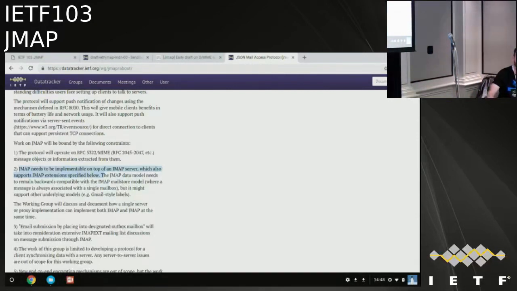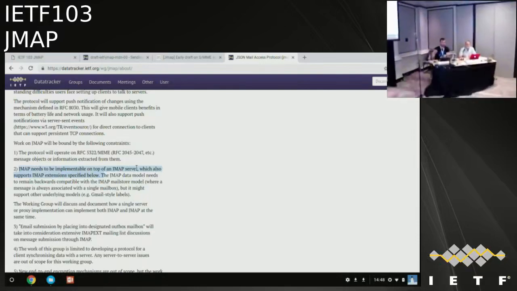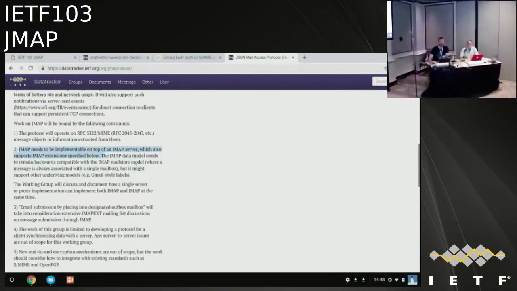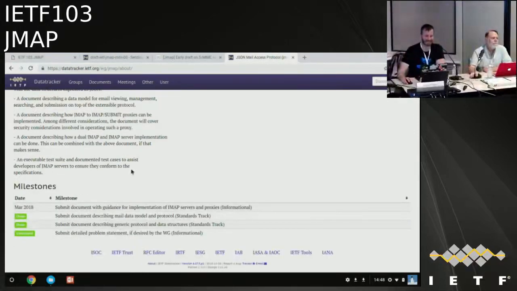This was why the document was requested. It specifically says in the charter that it needs to be implementable on top of an IMAP server, so guidance for how to make both of them possible. I'm trying to state both with my AD hat and without. With AD hat on, I'm less concerned now, as I was back at the time, about ability for the two to coexist, considering all the work in the extra working group, which is trying to not quite backport, but add some features back to IMAP.